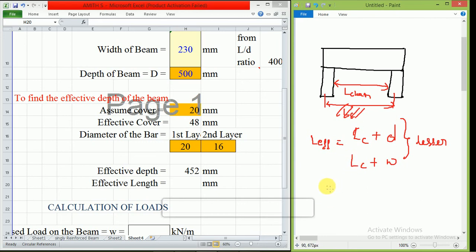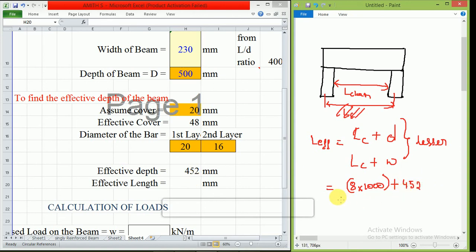So let me find out. What is the clear span? The length of the clear span is 8 into 1000, because it is given in meter. I am just converting it to mm, plus the depth we have just found out, that is